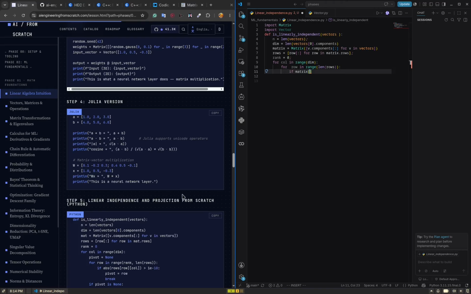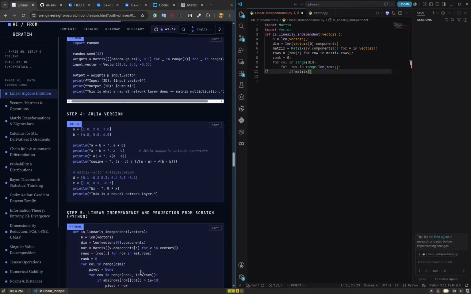Okay. Range from rank till the length of rows. Why is this different? So for the first case, this will be 0 till the length of the rows. Oh, I see. So if one of them is already 1, then I need to just take care of the other two. I see. So it's from the rank